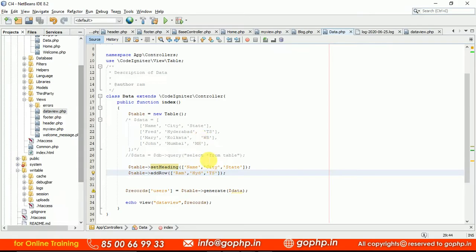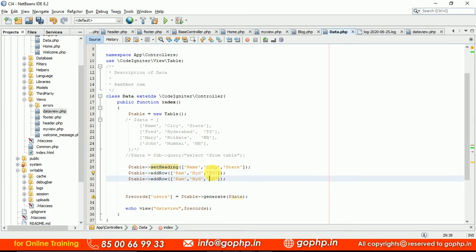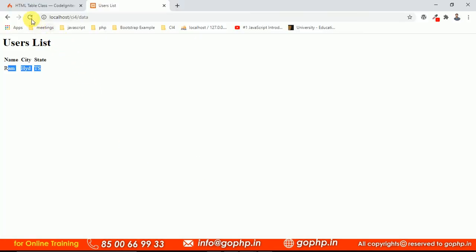Now if you want to add one more record, yes, you can add one more record, and this is going to be something called Ravi. I am taking that, and just refresh it, and the second record is also coming into the table, right? This is how we can add the rows also, right?